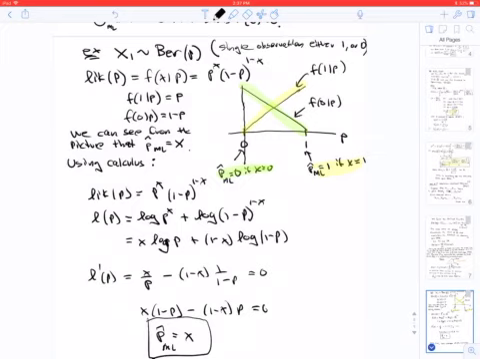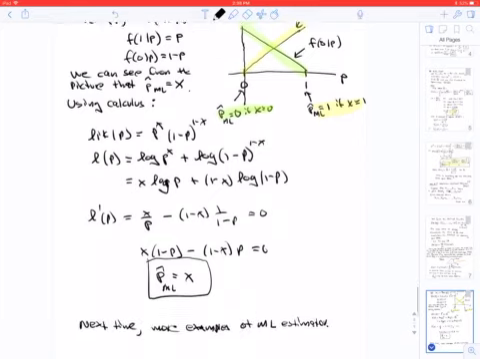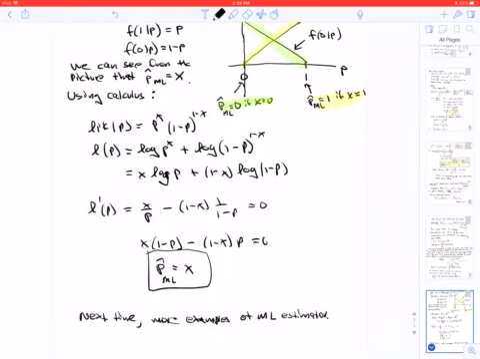So you can, of course, do this just using calculus, and so let me show you that. So the likelihood of p is p to the x times 1 minus p to the 1 minus x. The log likelihood then is given here. We take the derivative of the log likelihood as a function of p, set it equal to 0, and we see that p hat is x, which is what